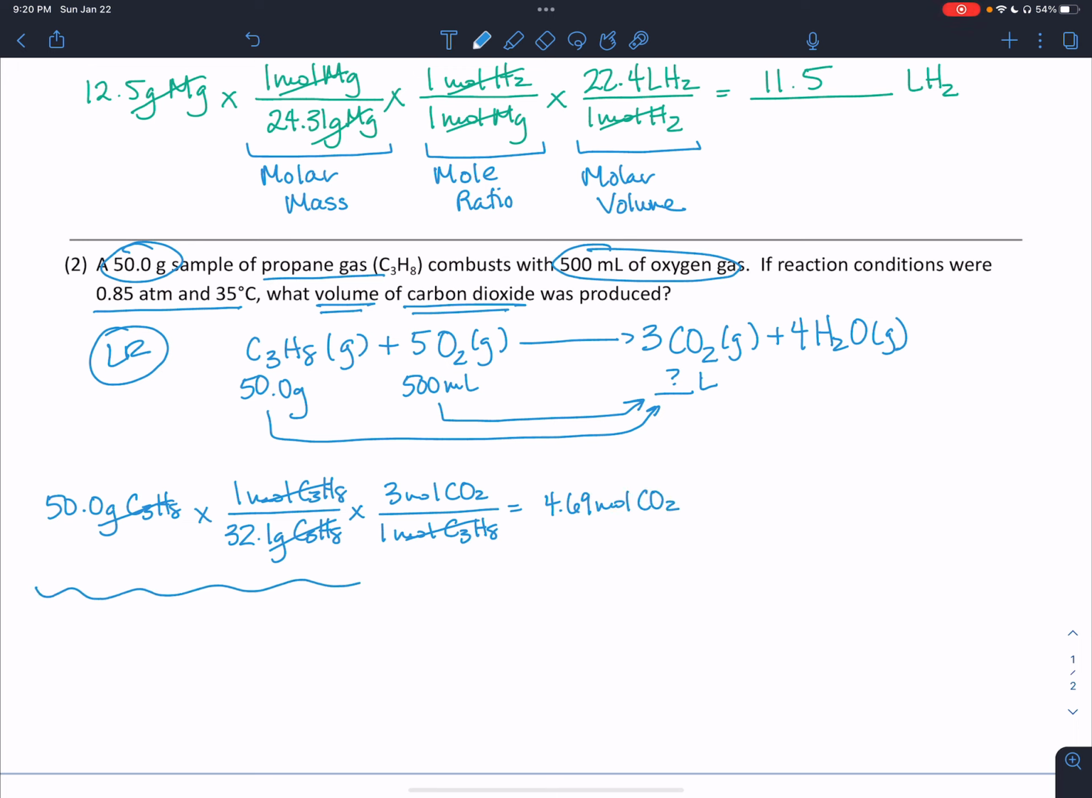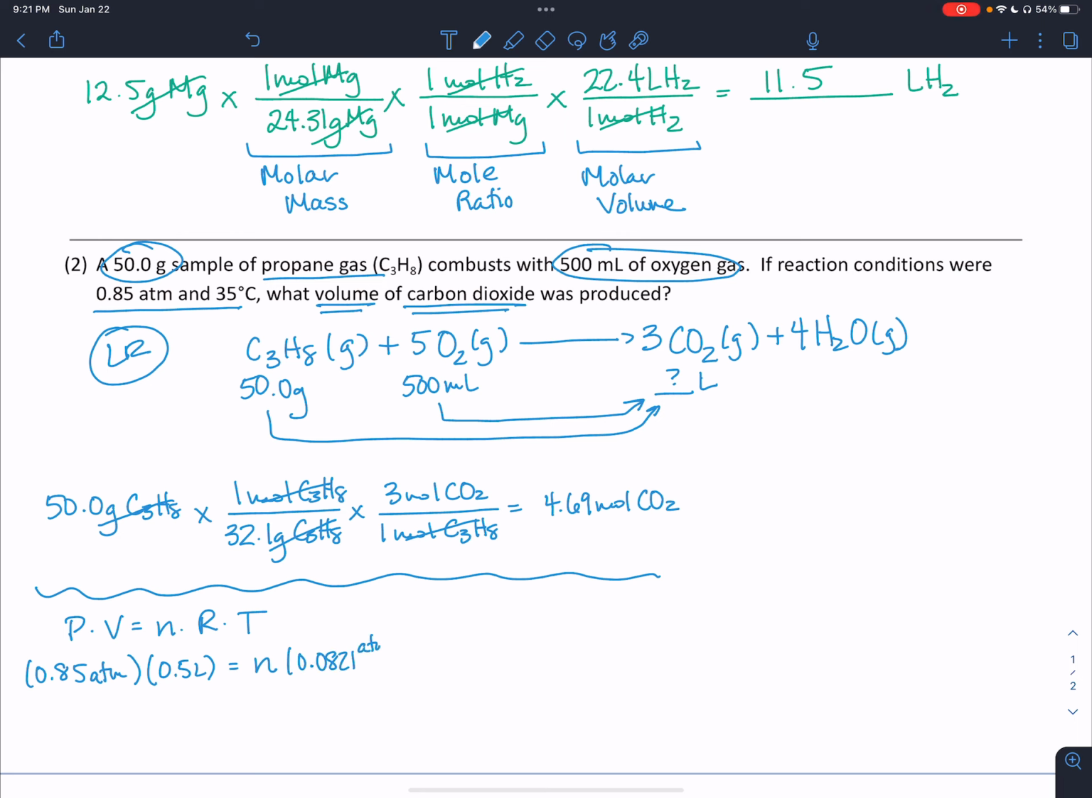All right, but we're not done. We need to check on our volume of O2 gas. Because I'm not at STP, I need to use that volume, the 500 milliliters, and convert that to moles of O2 using the ideal gas law. So P times V equals N times R times T. The pressure is given in the problem as 0.85 atmospheres. I have 500 milliliters, but because of the units of R, I need to convert that to liters, so 0.5 liters. N is my unknown,